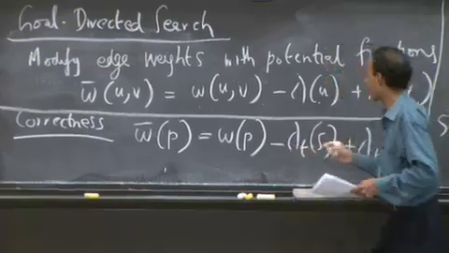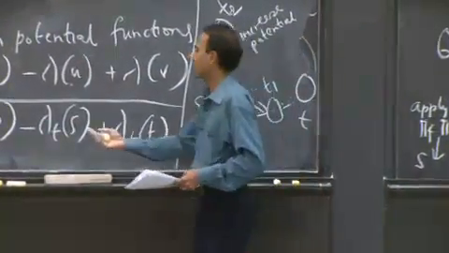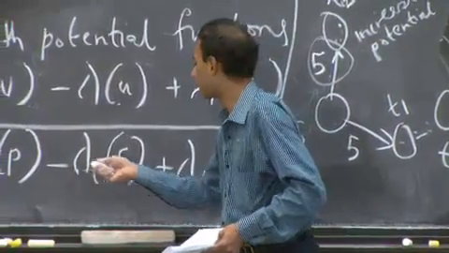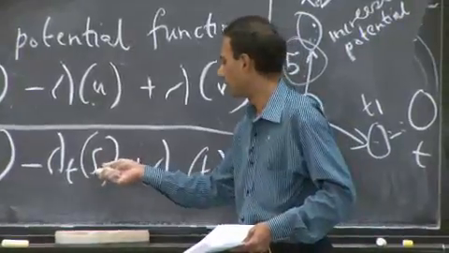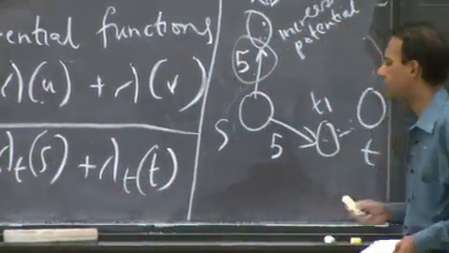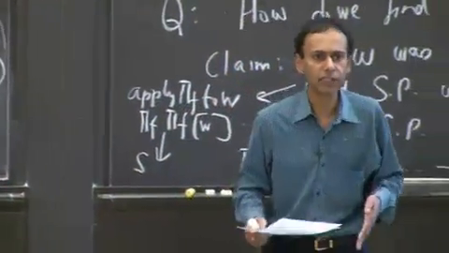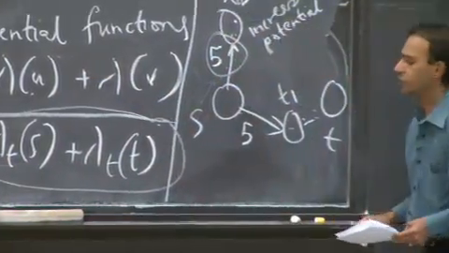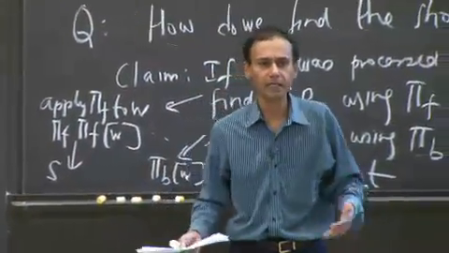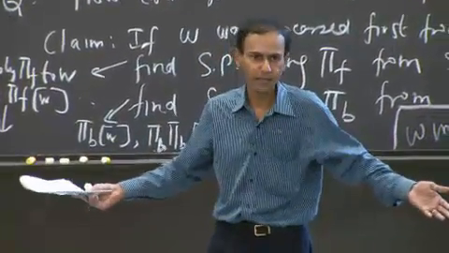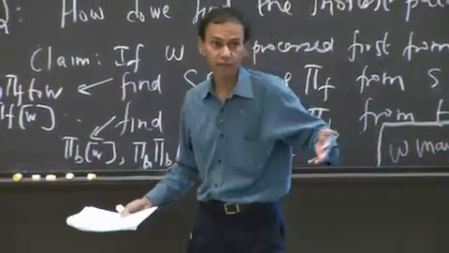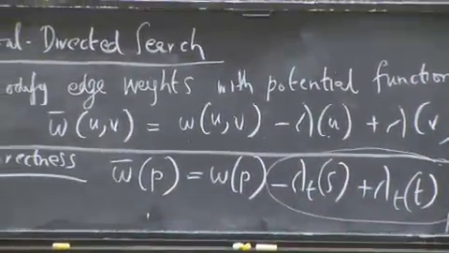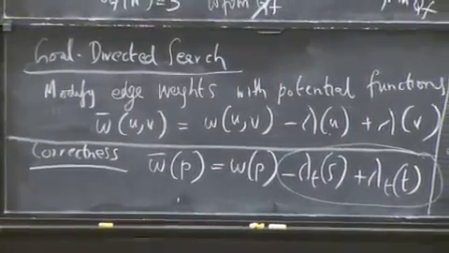And the way you do that is by having a potential function such that if you have an arbitrary path from S to T, you subtract out something based on a function of the vertex. In this case, you have S, and in this case, you have T. So the nice thing is that any path from S to T is going to get shifted by the same amount corresponding to this additional term here. So what that means is that the final shortest path that you discover will be the correct shortest path. You just may hopefully discover it faster. All right? So that's the correctness check. And I'll put this in the notes, or maybe TAs can cover it in the section.